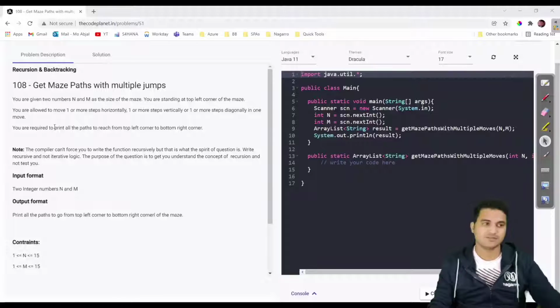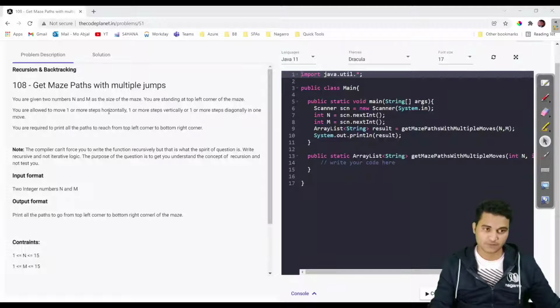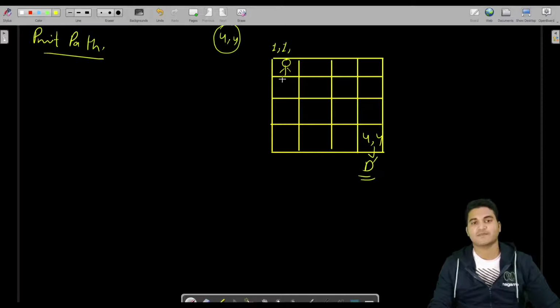But here we have a different condition. What are the conditions? You are allowed to move one or more steps horizontally, one or more steps vertically, or one or more steps diagonally in one move. What that means is, previously there was a restriction. You can either move one step horizontally, or you can move one step vertically.